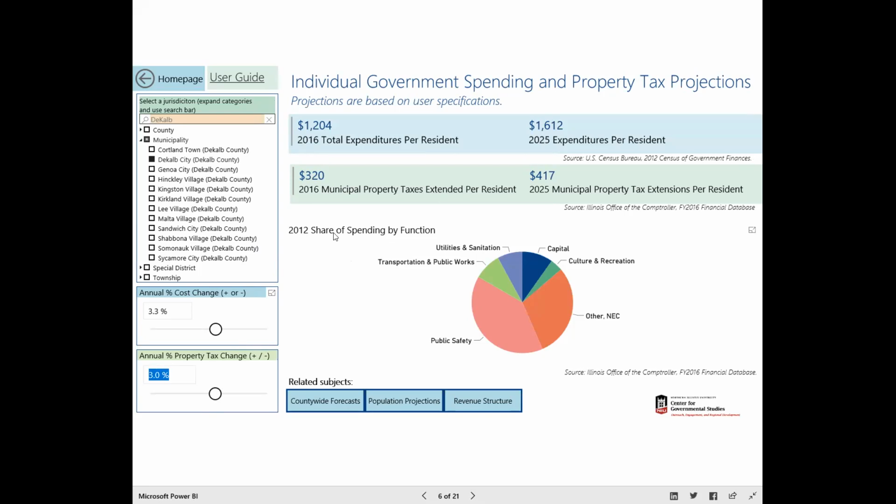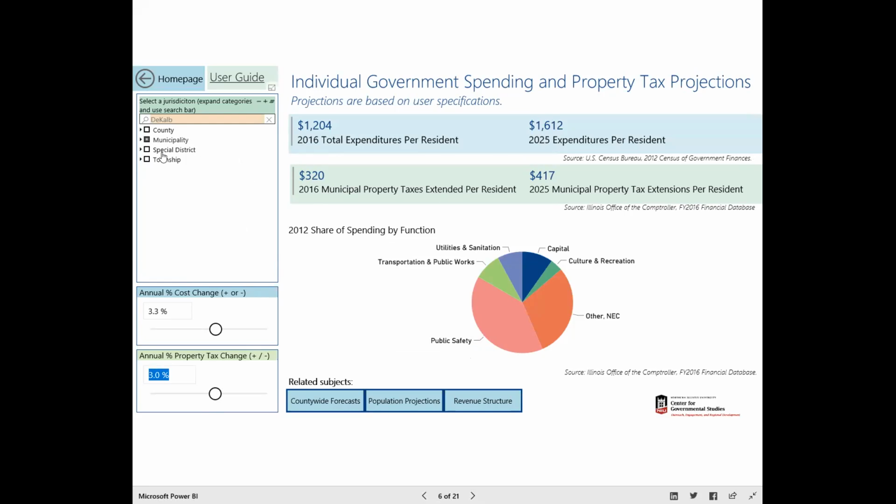For context, we also include a composition of spending by function. You can see that in the city of DeKalb, the largest share of spending is on public safety, which is a trend consistent across most municipalities. For example, we will bring up